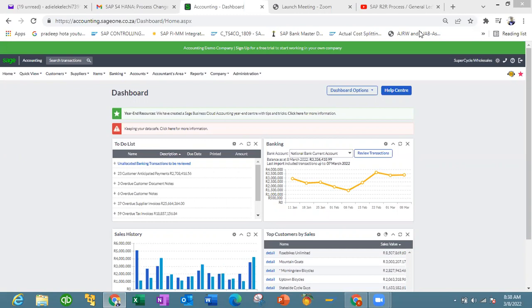Today, we're just going to be looking at a very simple concept. How do I bring in balances for customers and suppliers using Sage 1 Cloud? So basically, this is actually a migration